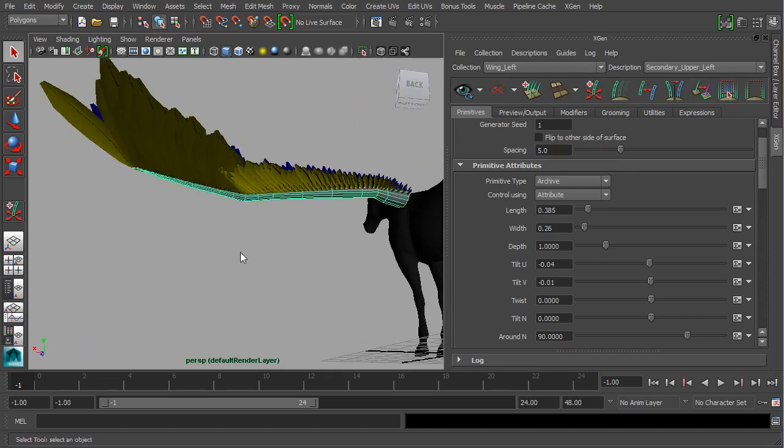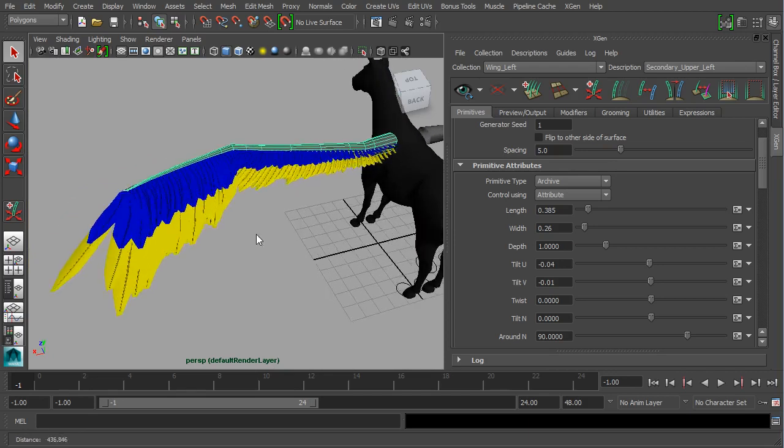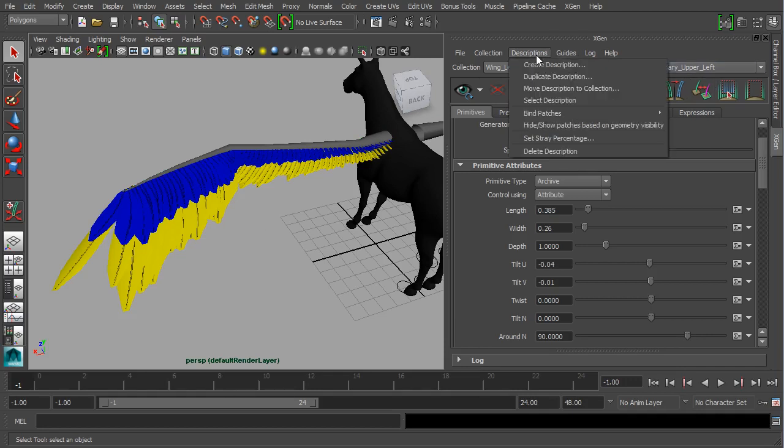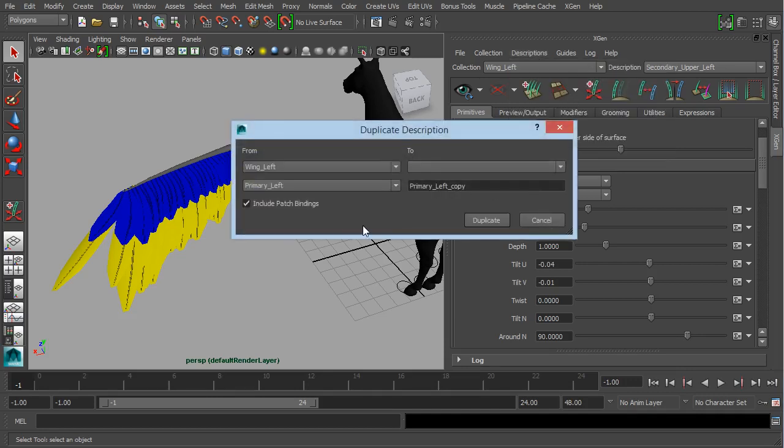We could go down and do the same thing underneath here. This time create another expression, another description, sorry. Or we could try and duplicate. We don't want it to be bound to the same place, so we don't want to include the patch bindings. We do want it to be under the left wing, and we want to copy secondary upper left to secondary